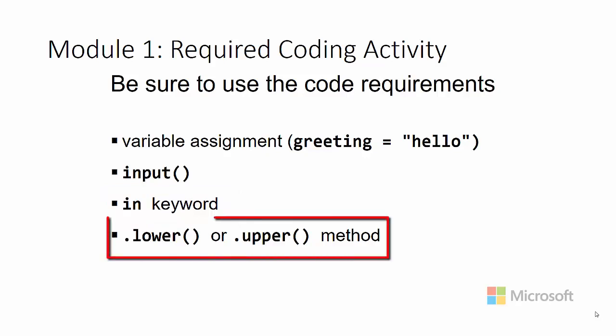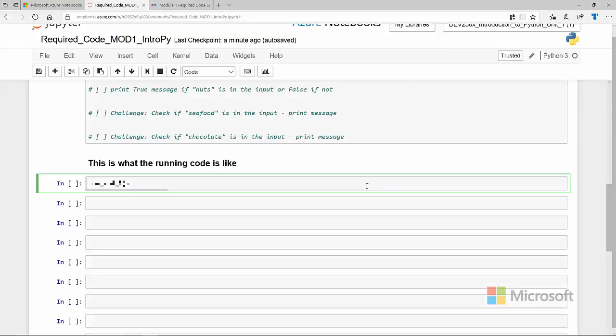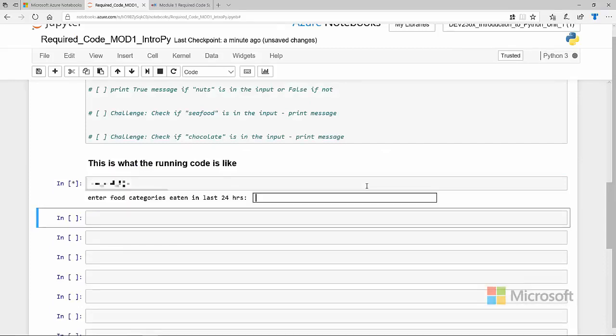And to make our match easier to do, we're going to convert things to all upper or all lower so that it's not case sensitive. Let's run that solution code. So the first thing your program should do is prompt people for different categories of food they've eaten in the last 24 hours. So you would say, I might have meat, and I might have dairy